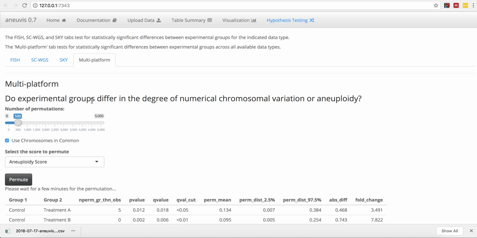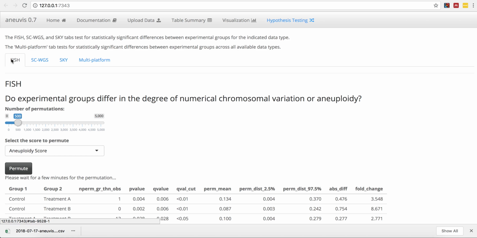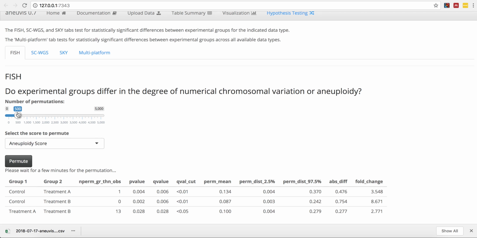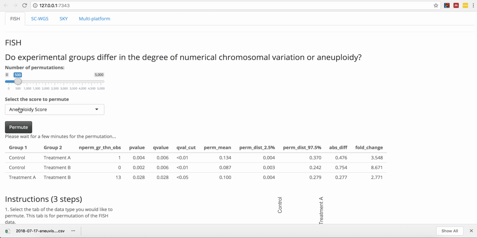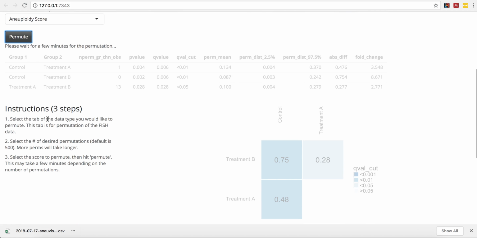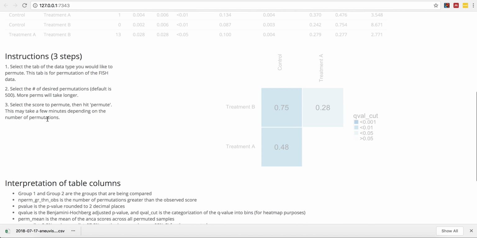The last tab corresponds to hypothesis testing, and we can perform tests for individual data types. For example, just for the FISH data, we can ask whether our experimental groups differ in the degree of numerical chromosomal variation or aneuploidy. So what we'd like to do is, in this case, select first the number of permutations, then we select the score that we'd like to permute. In this case, we're permuting the aneuploidy score, and then we can hit the permute button, which will generate a permutation for us,